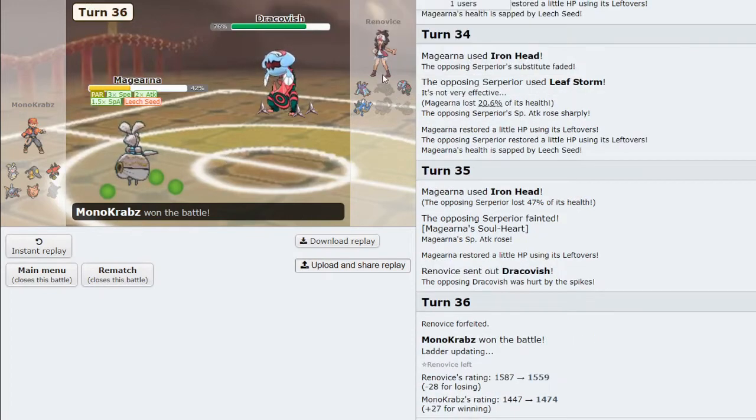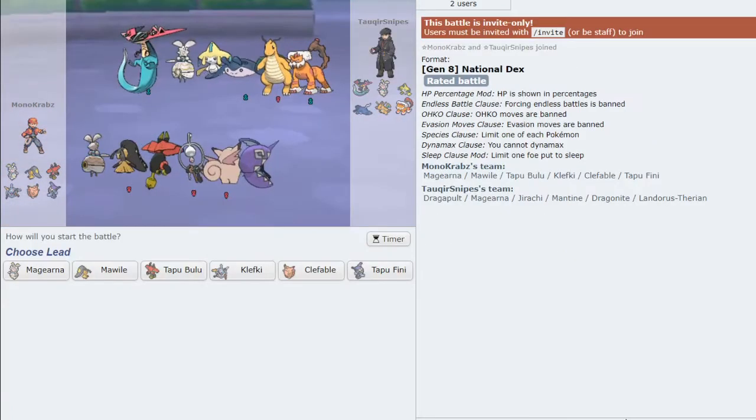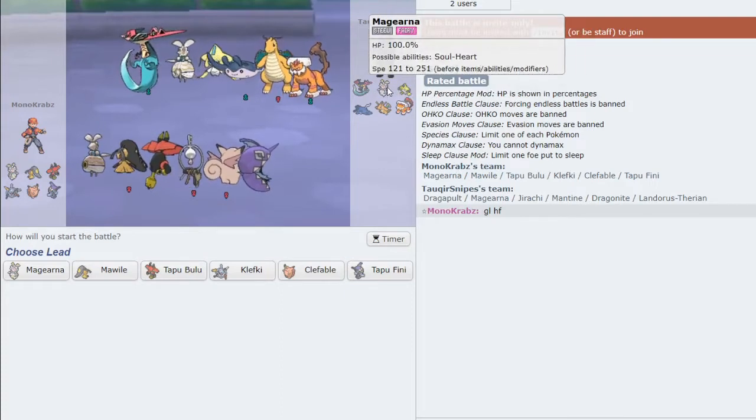Let's see where we ended up on the ladder. 1474. Not bad. We started around 1400, so maybe 1420, I think. So we're getting some good wins here, and I'm going to pause till I find another game. I'll be right back. So we have another game, and in this game, Magearna is such a huge threat, as it always is to my team,